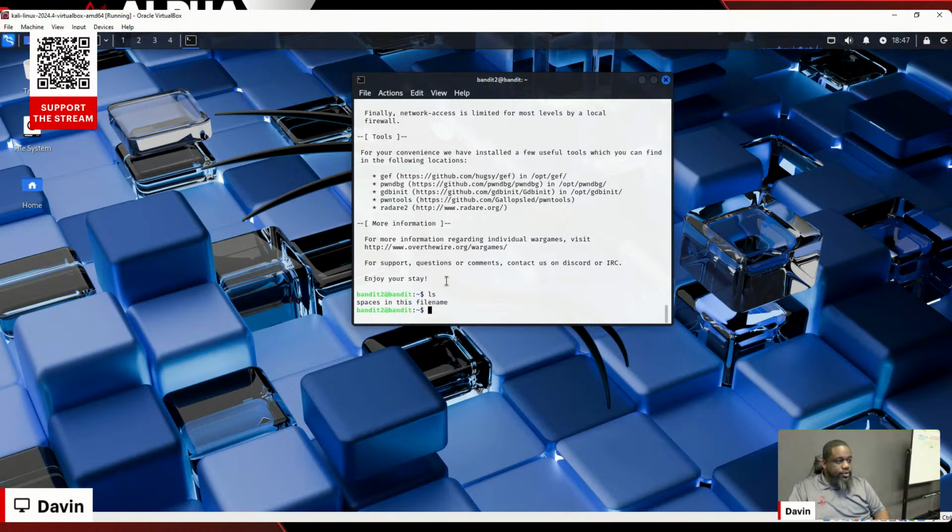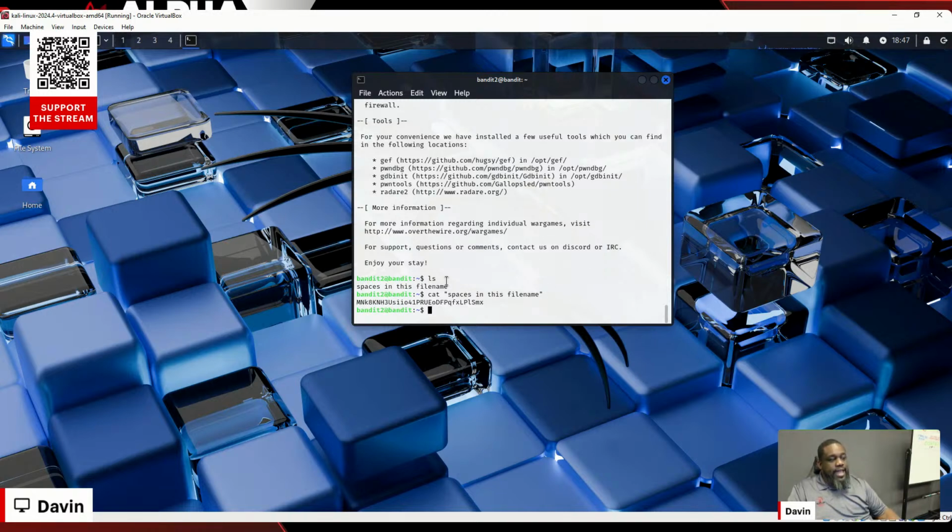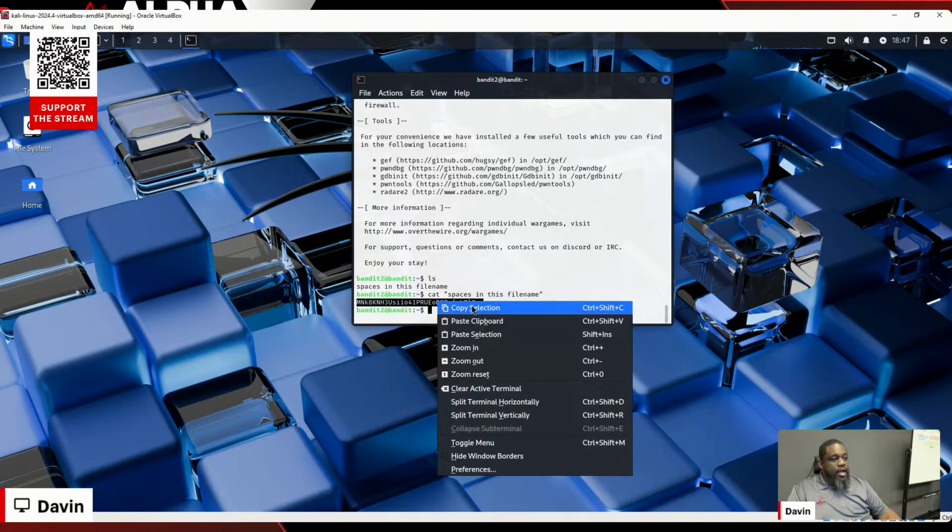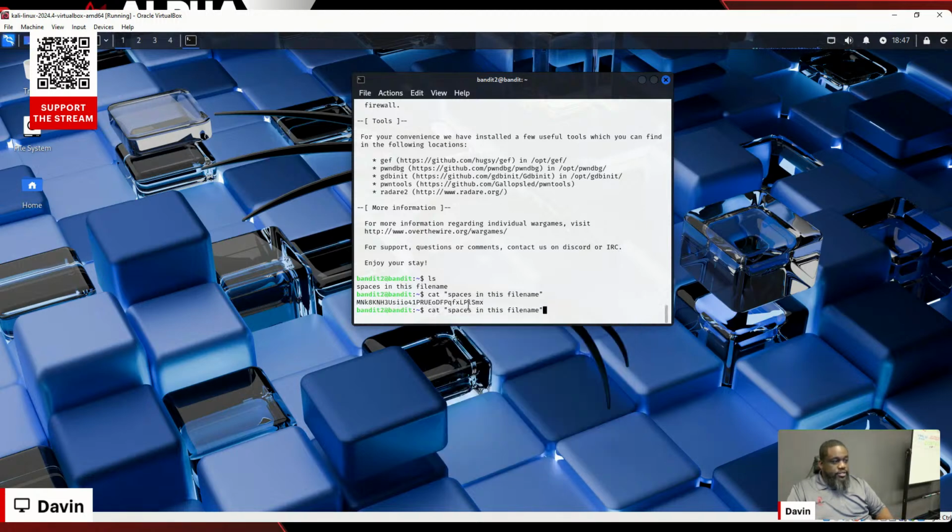All right, now if we go here, there are spaces in this file name. And remember, we were saying that in older versions of Kali Linux, if you tried to write out spaces in the file name, you would have to use quotation marks around the file name, and that's how you would be able to cat the file. Now, with newer versions of Kali Linux, you don't necessarily have to do that. So we could just do